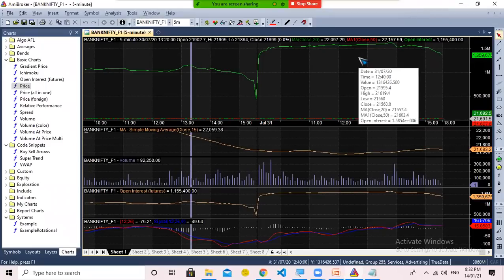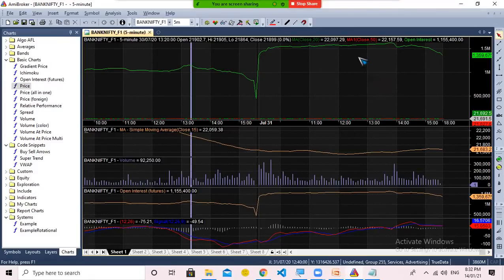Okay, up till now we have seen a few of the indicators which are provided by AmiBroker only. But what if I want to add a custom indicator which is not provided by AmiBroker? So let's take a very simple example.